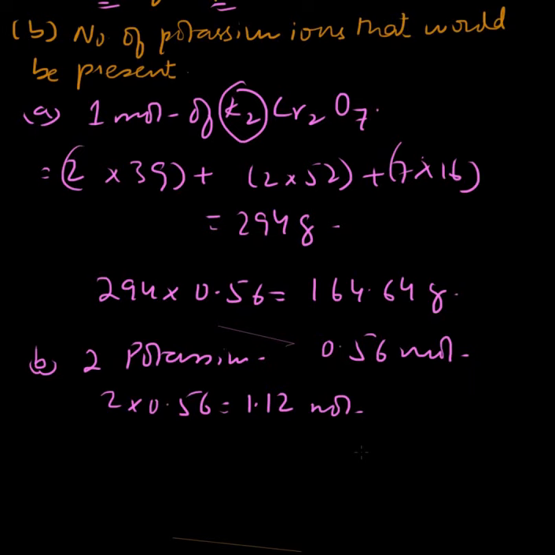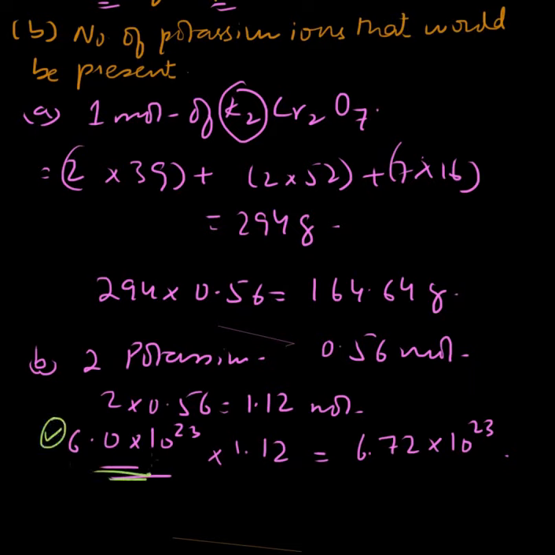Now if we look at the constants, this is where most students go wrong, they don't look at the first page where the constants and all the values are provided. The number of particles in 1 mole, the Avogadro constant, is given as 6.0 into 10 to the power 23. This is given, right? And so the number of potassium ions that would be present is obtained by multiplying it by 1.12, and we are getting a final value. This multiplied by 6, we are getting 6.72 into 10 to the power 23. Right? It appears very easy over here right now, but remember, when you are under the exam pressure, I have often seen students missing this part, so please don't miss it, right?